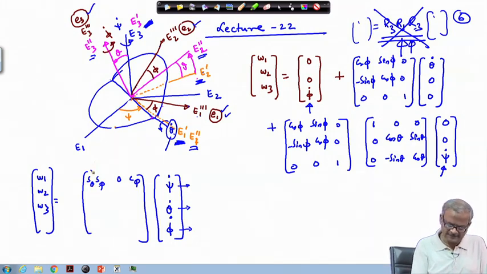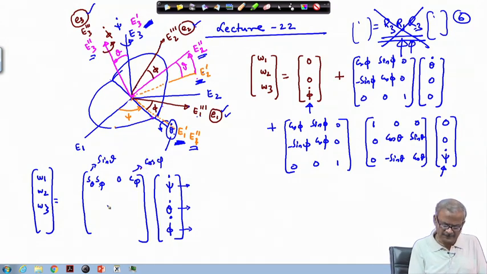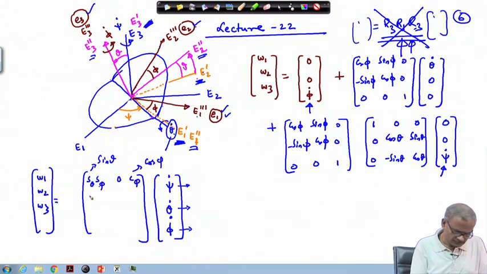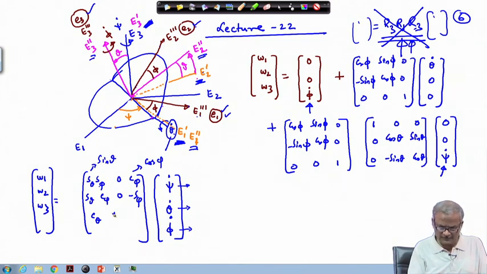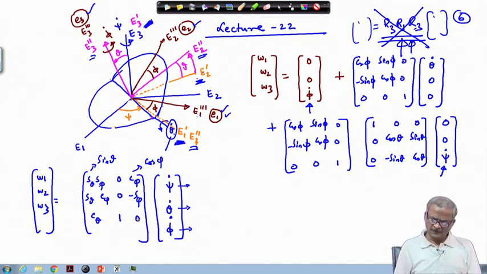So, this S theta is nothing but sin theta and similarly this is cos phi. This notation we are following here to make it shortcut. This is S theta, C phi 0 minus S phi, C theta 1, 1 is here in this place, this is the second column and 0. So, this gives you omega 1, omega 2, omega 3. Let us say that omega 1 I want to verify.